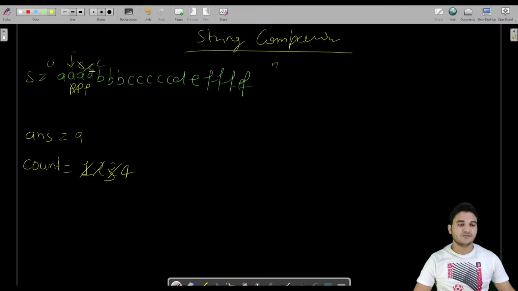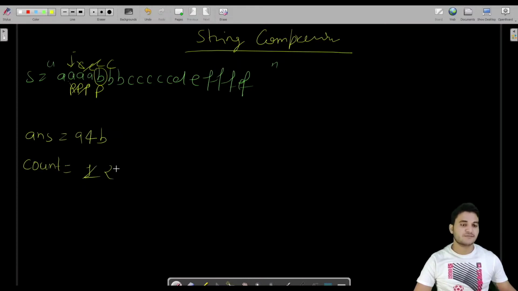If B and A are equal, no, they are not. Then, see very carefully, we'll pick up the counter, which was 4, and append this 4 to our answer. After appending it, we'll append this character also, the current character, which was B, and after doing this, we'll reset the counter to 1 again. Let us see one more iteration so that you can understand. Now previous is pointing here, and current is pointing here. Now we'll check if B and B are equal to each other. Yeah, it is.